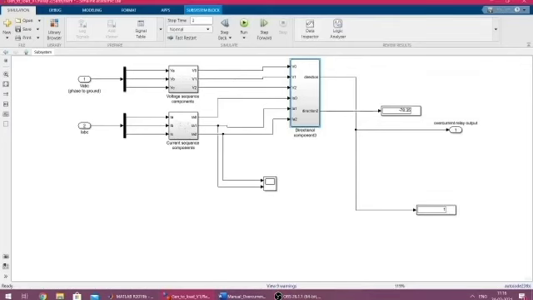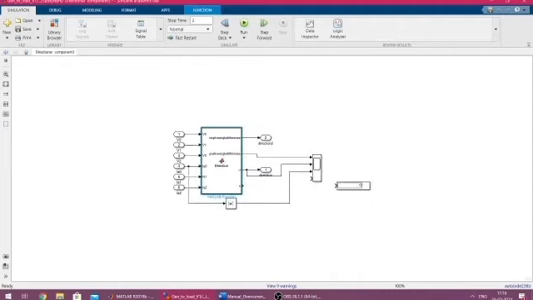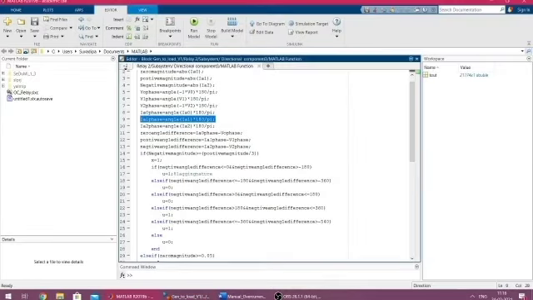Inside the directional relay, we use these sequence components to find out the angular relationship between the current and the voltage. For example, here in this experiment, we have used the negative sequence current and voltage, and then we have obtained the phase angle between the negative sequence current and negative sequence voltage.